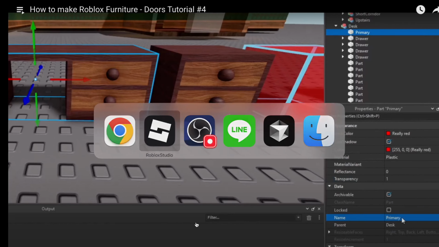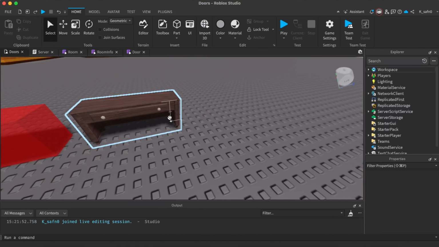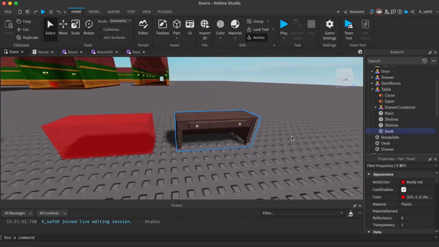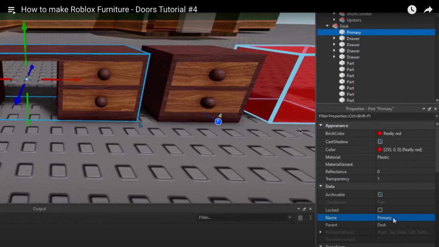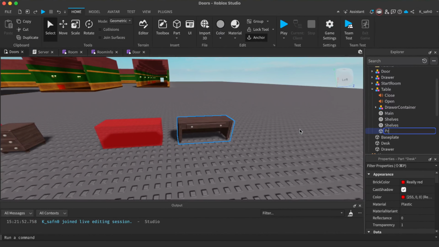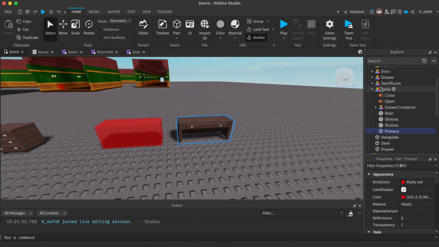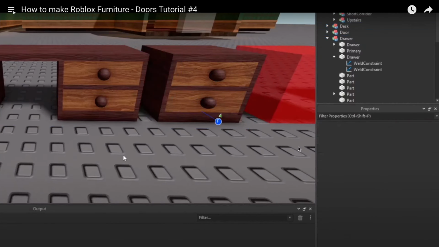Did I finish? No, I didn't finish. So name this to primary, and we'll set the primary part of the desk to that part, and primary part is primary. There we go, so we've got a drawer, and we've got a desk, and they perfectly match up with our